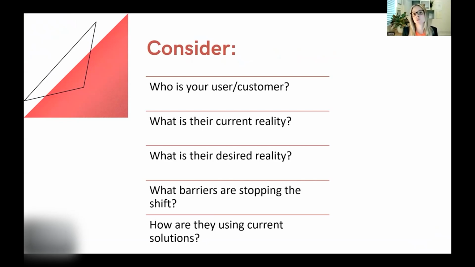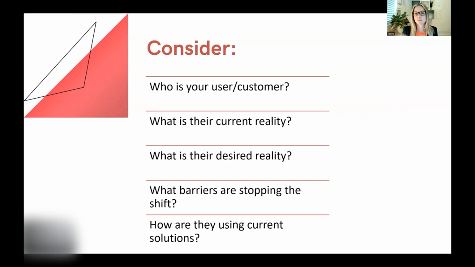So some questions to consider as you're developing your user story. So firstly, who is your user? Who is your customer? Really try to get quite clear on your target market. And if you can almost paint this picture of this character that your target user is based on, that's a really nice way to make it as specific as possible. Then think about what their current reality is. So what's their situation? What's the problem that they're experiencing? What does that look like? Before you then go into what's their desired reality. So where are they now and where do they want to be? So what's their goal? This is where they're at with this problem. This is where they want to be.